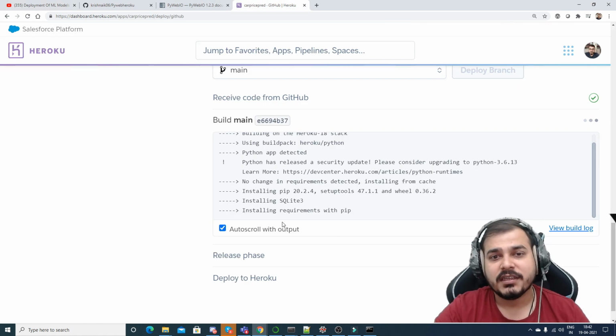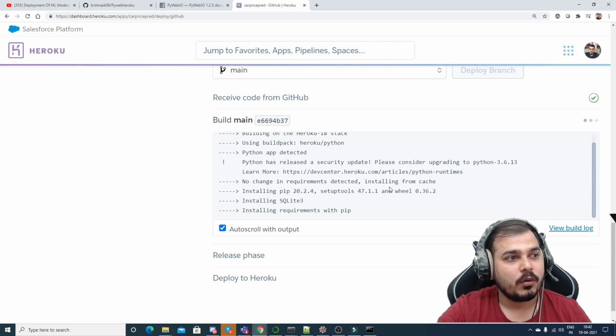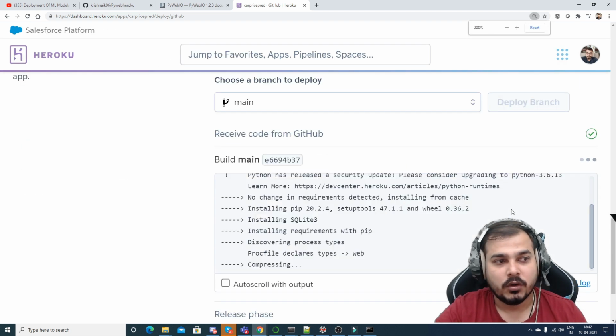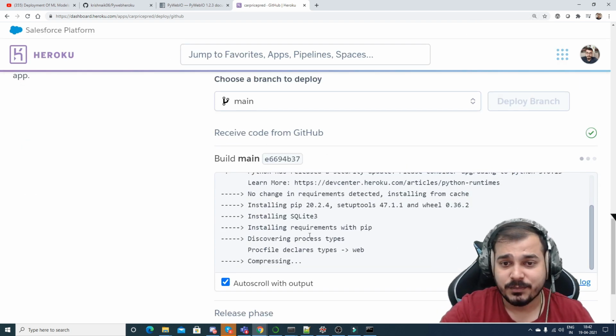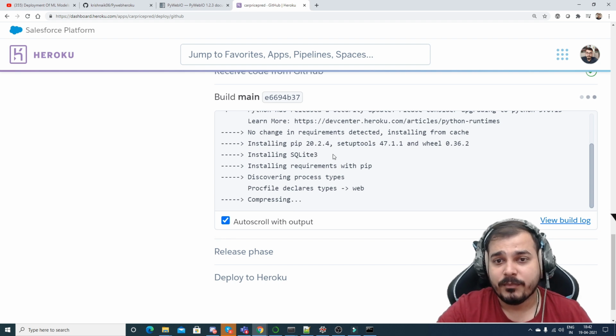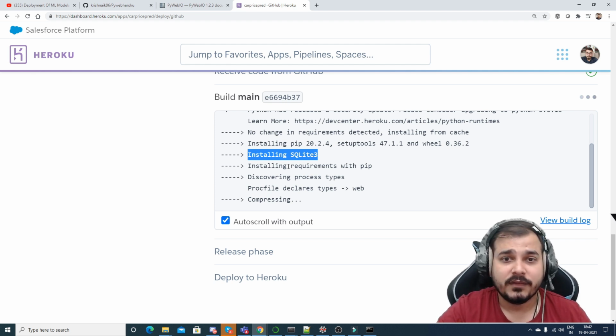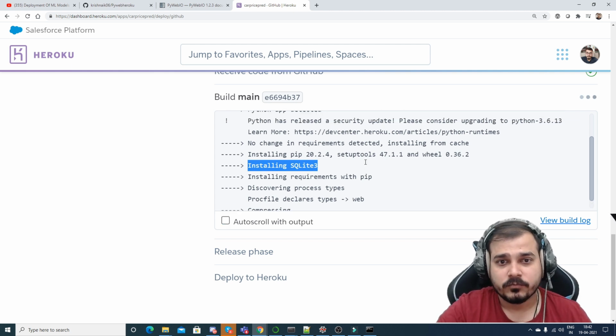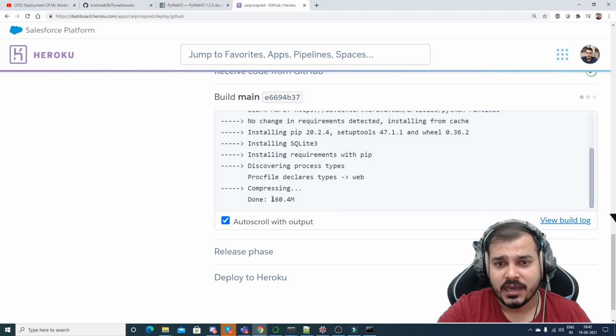Till now everything is going on fine. It is installing the requirement.txt. So over here, yes, perfectly, it is going fine. We have compared, it has also installed SQLite 3. So let's see how much time it will take, but it will take some amount of time since we are doing the installation of the entire repository, and it has a lot of libraries to install. Okay, so let's wait. Okay, done.